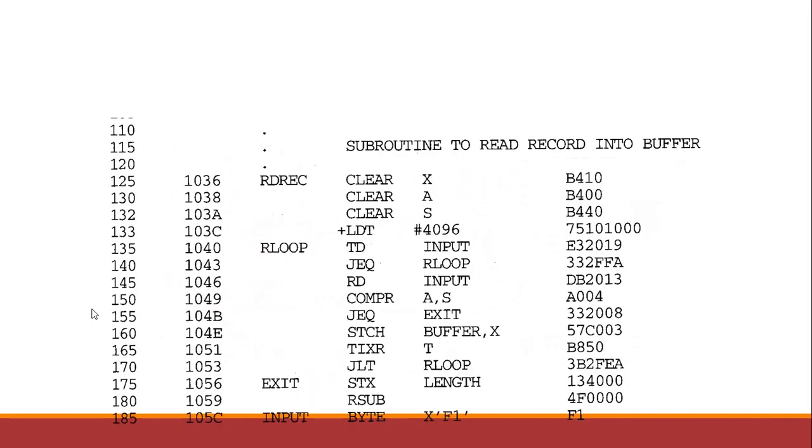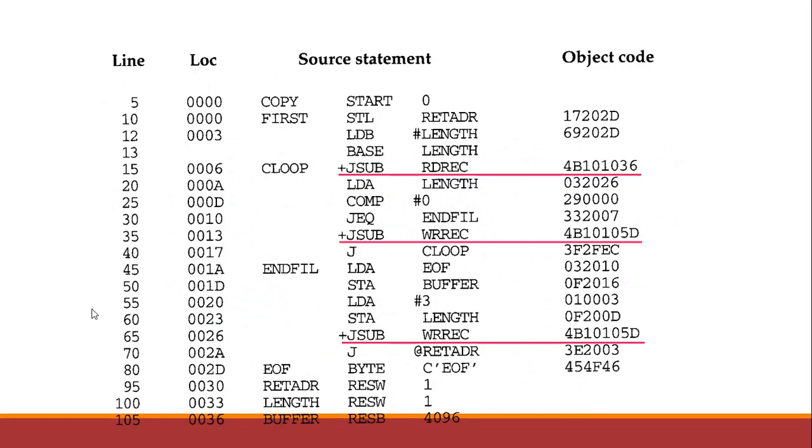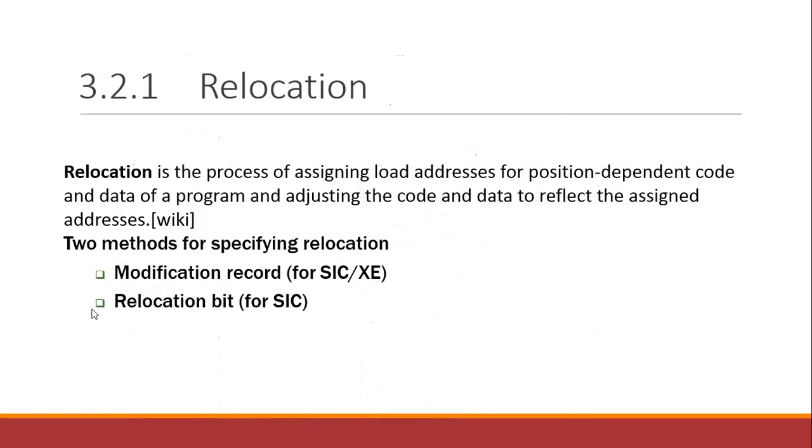So like this, the modification record is helpful for program relocation. Depending on it, the loader will read the modification record, and then program relocation will happen. This type of loader is also called a dynamic loader, because during loading the address is not predefined, unlike an absolute loader where the address is specified. Relocation happens during loading time, depending on the availability of memory. That is why it is also called a dynamic loader.